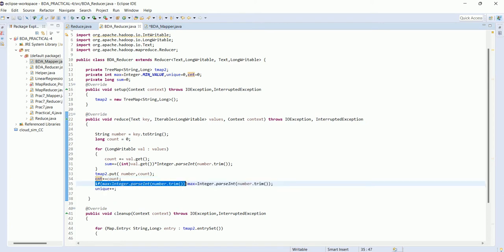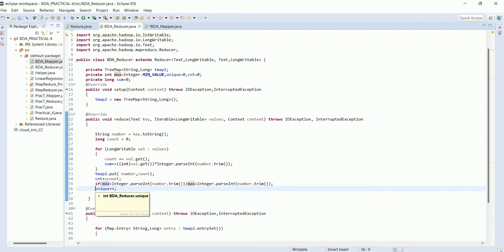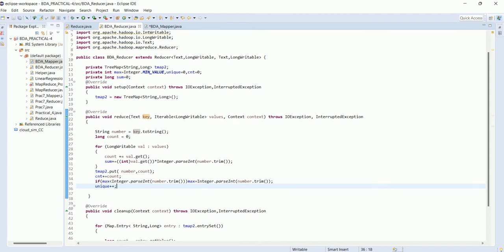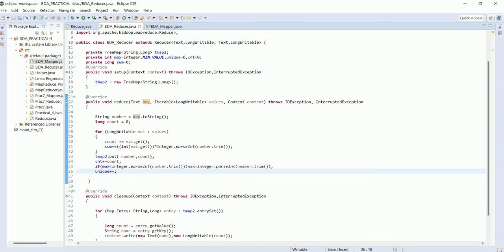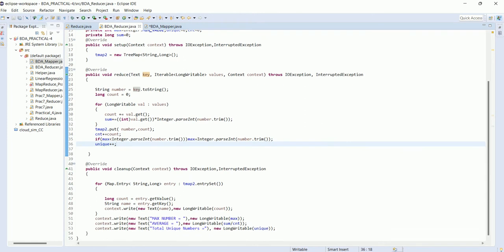If this number is greater than max, then we update the max. Here we increment unique, because this key is only one number, so only one increment happens in unique. So this is the logic of reduce. I hope you can understand very well. It's a simple logic for any programmer.